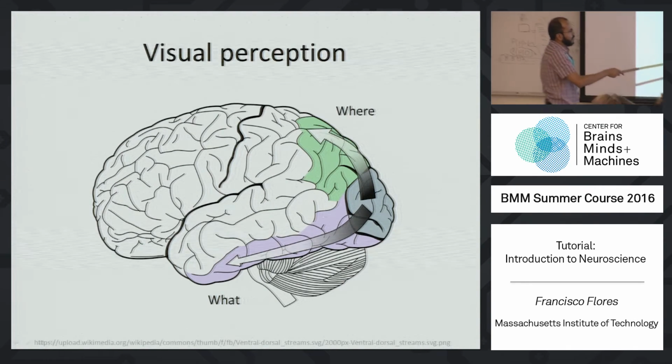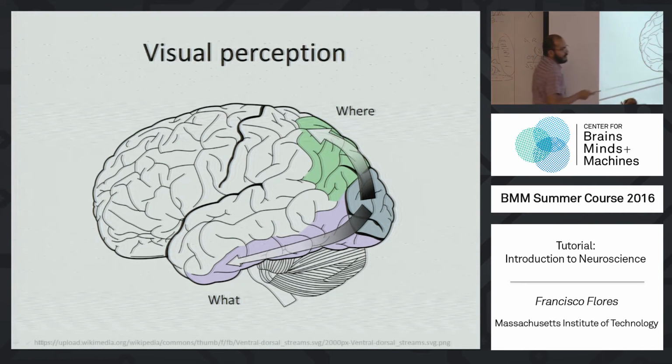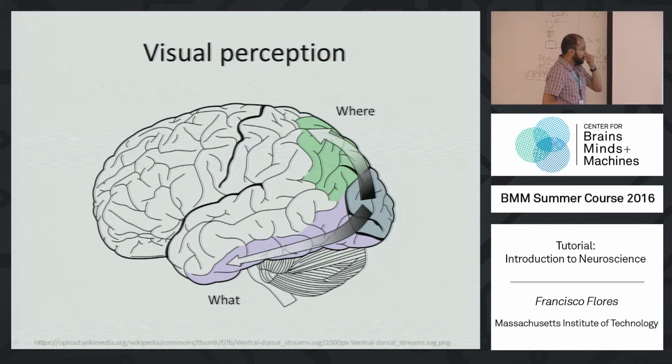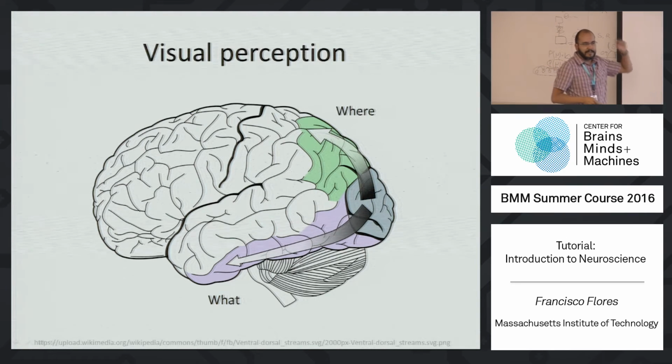So beyond V1, the projections of the visual cortex are divided in two main pathways. So one is the where pathway. As you saw, maybe it wasn't that clear in that video, but some neurons in V1 are more responsive when the stimulus is coming from the top than when it's coming from the bottom. So they are also direction selective. So they can sense the movement of the stimulus.